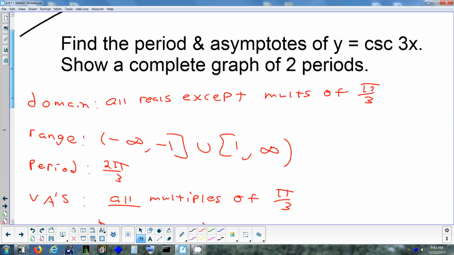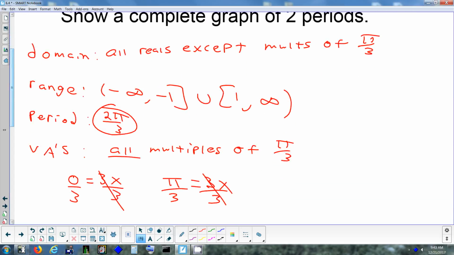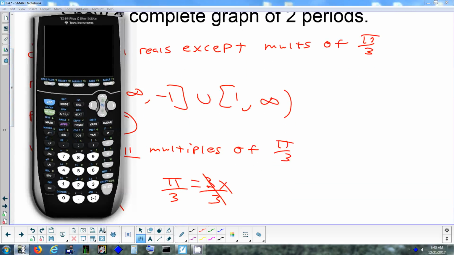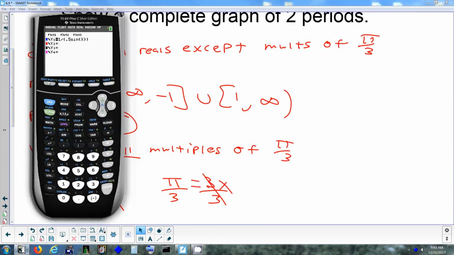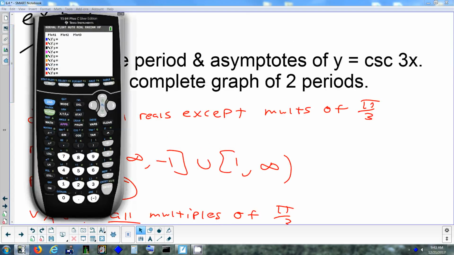Okay. And now the last thing, it just wanted us to graph it on the screen and show 2 periods. Well, I need a screen width of 4 pi over 3. I'm sure everybody can do that part. The part I want to show you is the parentheses to type it in. Cosecant is 1 over what function? Yeah. 1 over sine. So to type it in, you have to type 1 over sine